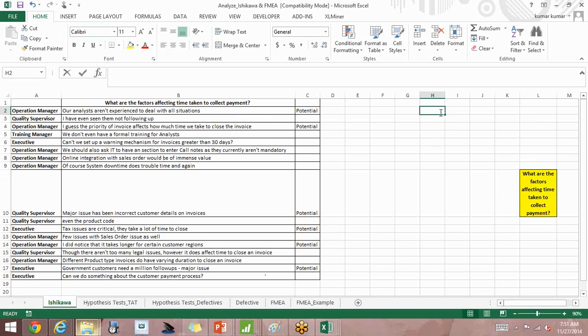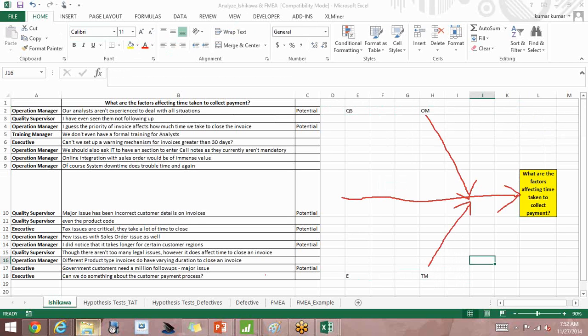So mistakes can be because of the operations manager, or the quality supervisor, or the training manager, or the executive. These are the four major categories that are available.